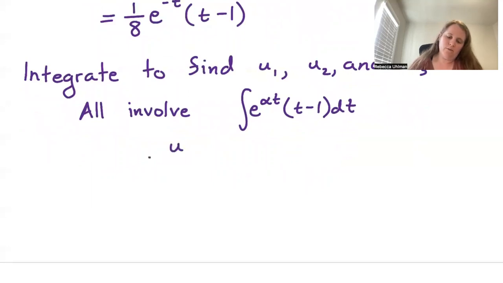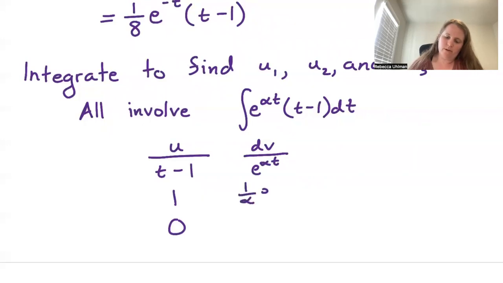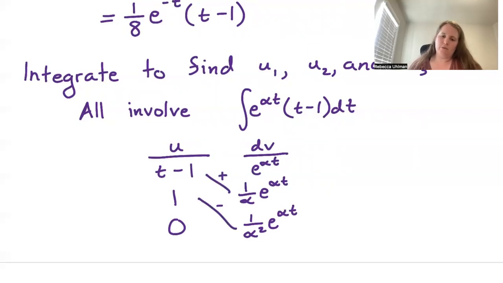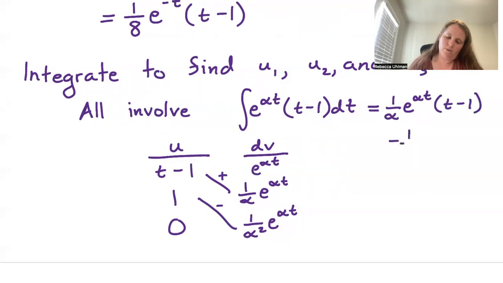So if we take our u to be t minus 1, our dv to be e to the alpha t, we get 1 and 0 as our derivatives. We have 1 over alpha e to the alpha t, 1 over alpha squared e to the alpha t for our integrals. And then multiplying on the diagonals, adding the first, subtracting the second, we get that this integral is 1 over alpha times e to the alpha t times t minus 1 minus 1 over alpha squared times e to the alpha t,